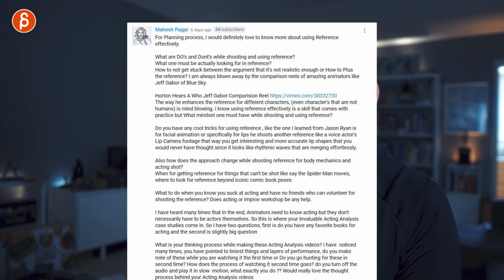So that's my point. Here's a Horton Hears a Who Jeff Gabor comparison reel, which is awesome, by the way, you should watch it. The way he enhances the reference for different characters, even characters that are not humans, is mind-blowing. Totally agree, I love it. I know using reference effectively is a skill that comes with practice, but what mindset must one have while shooting